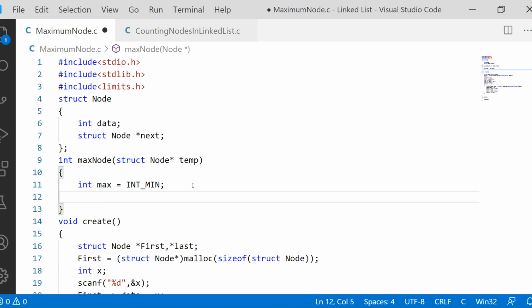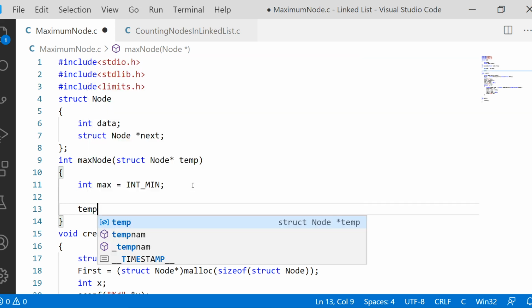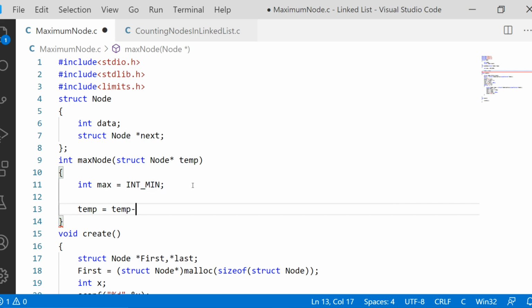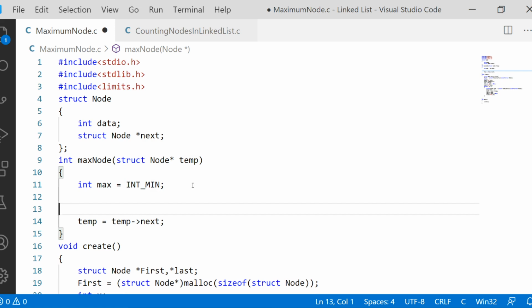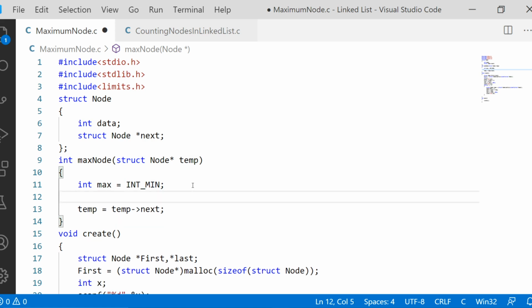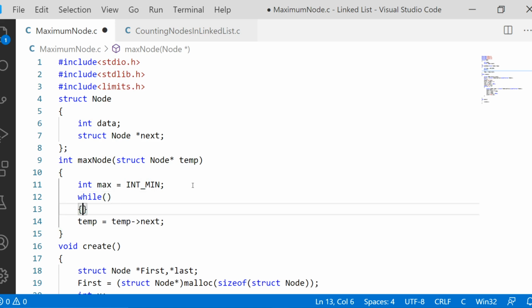next, we will try to traverse the entire linked list. How do we traverse? temp is equal to temp of next. Traversal from one node to another node. This movement has to be done a number of times until a certain point.